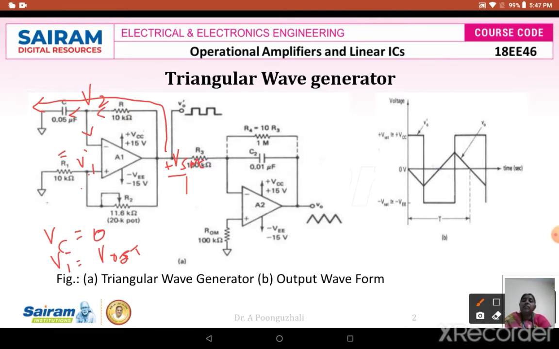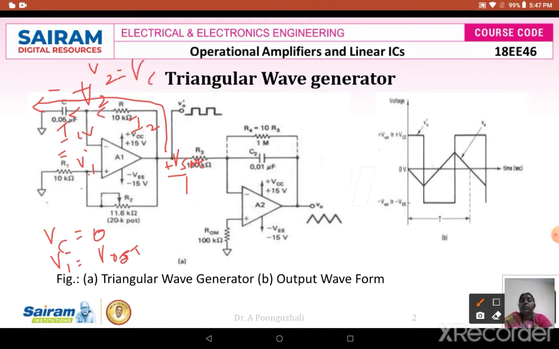But this current is going to be a negligible one, because the input terminals of the operational amplifier draw negligible current. As a result, you are going to have all the current flowing through. Suppose I assume that the current is your I2 current. The same I2 current is going to flow through this capacitance and the capacitance is going to get charged like this. So here this will be plus and this will be minus. Now this V2 voltage is going to be equivalent to your Vc voltage there.